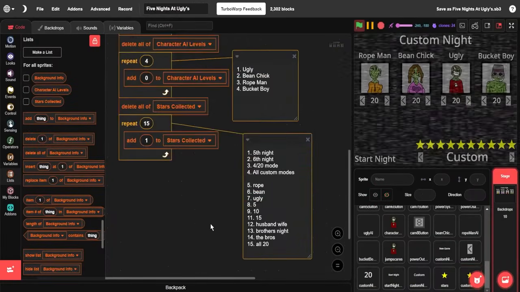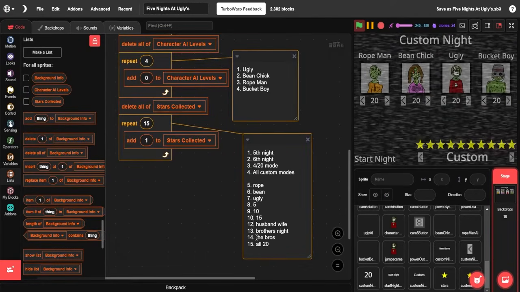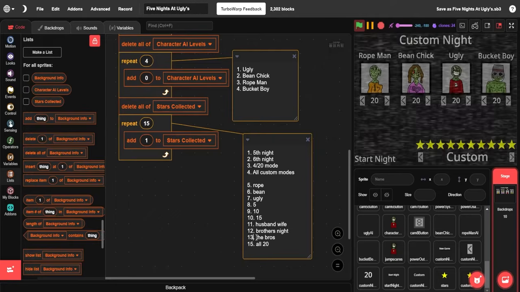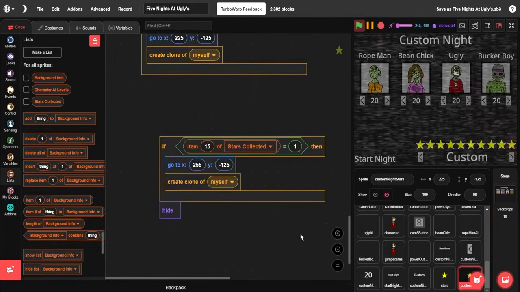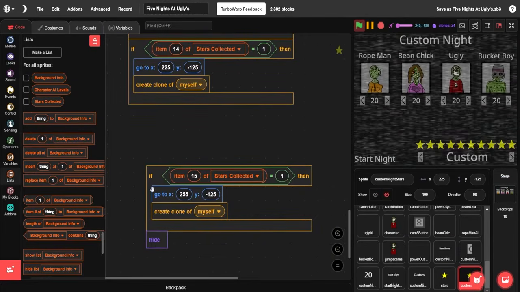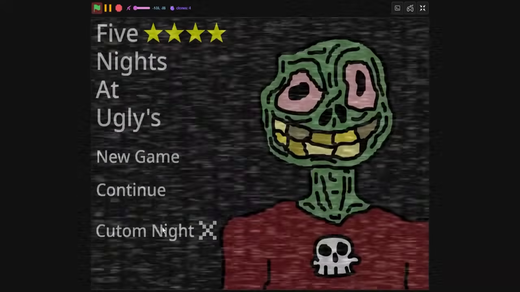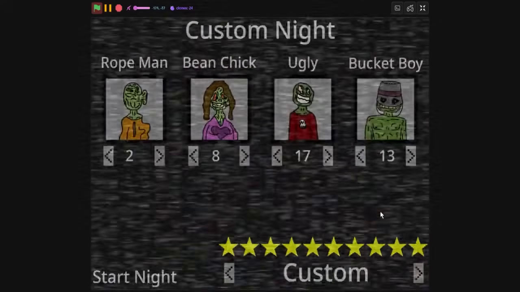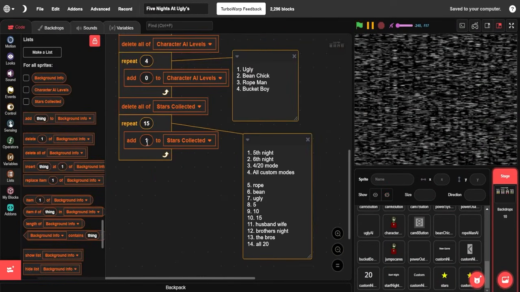Okay, I see my issue. I see our mistake. I numbered wrong. After 9, I went straight to 11, which in theory messed up my flow of how I did things. Looking at the customized star, I added 15, which created an extra little star at the end. If we remove that, save, and take a look, we will see all of our stars generate just as they should. And if we were to start a night,